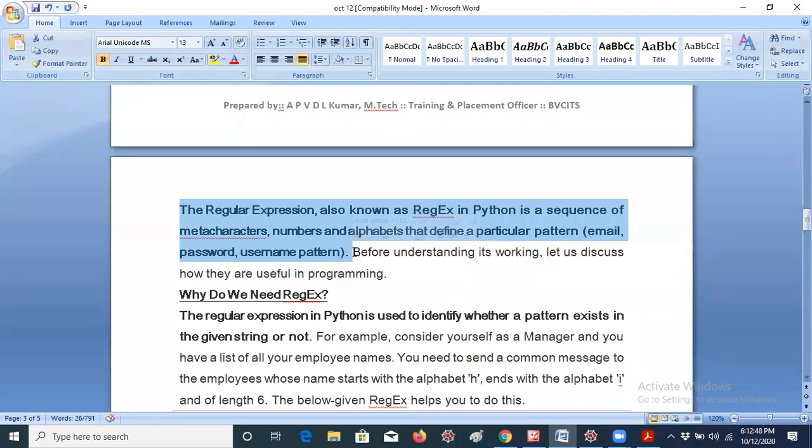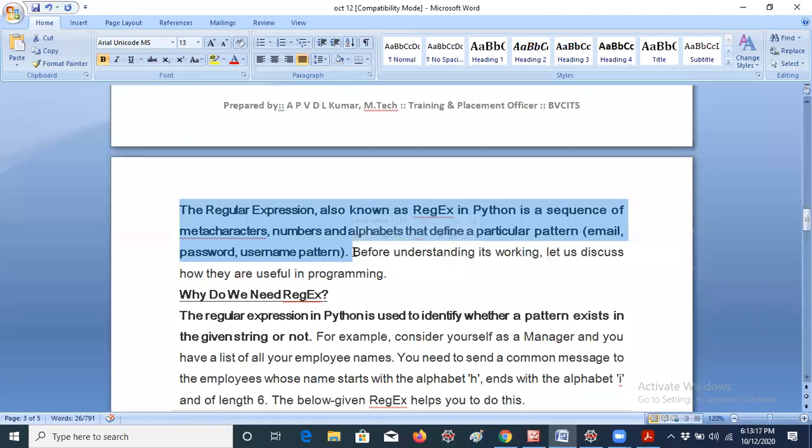For example, if I'm giving a feedback form link to you, whenever you enter your email ID, if you give an email ID without @gmail.com, it will get an alert that it is an invalid email ID. So this is nothing but a validation, guys. In the same way, in some websites the username has to be a length of 8 digits, like that they will ask.